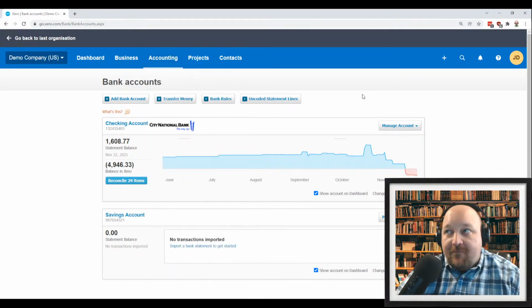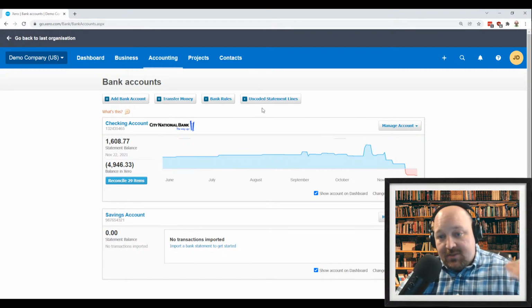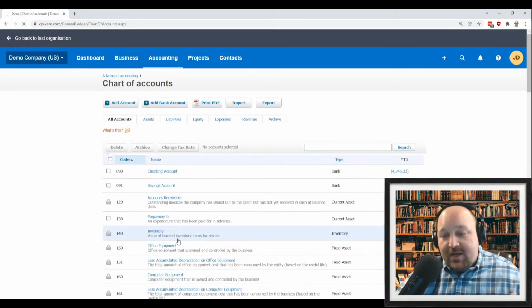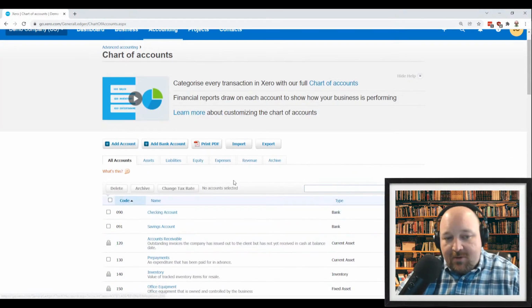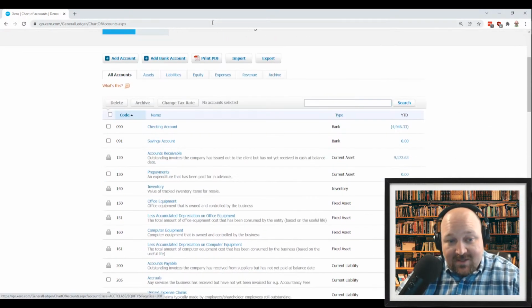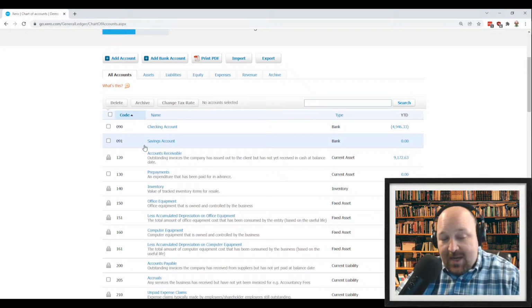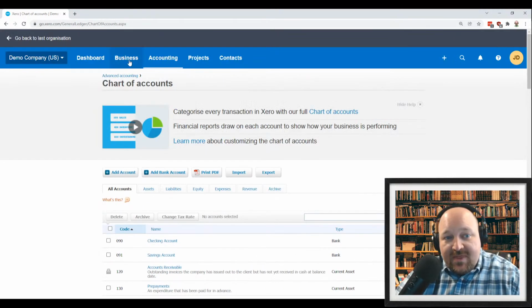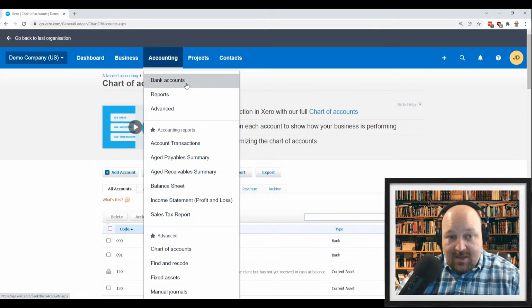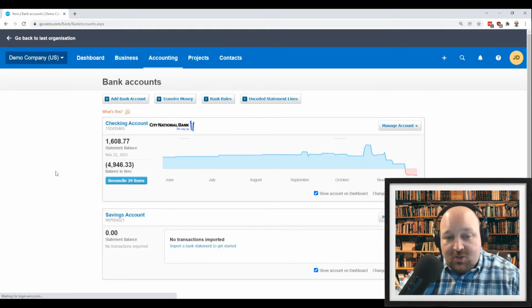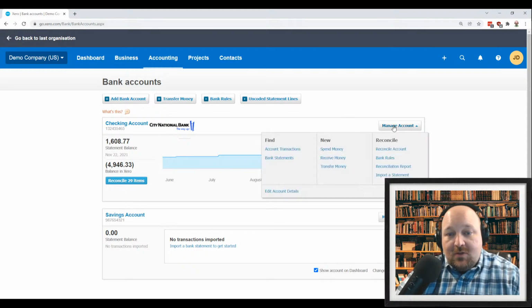Now, the first thing that I usually do when I go to set up an accounting system is I set up my chart of accounts, and I will at least list out the accounts that I would come to expect. That would be over here under the accounting section, and then I would select chart of accounts and build this out. Now, being a recovering accountant myself, I've generally got my preferred chart of accounts that I like to use, my codes, my account names, how I set these up and more. But the next thing that I'm going to end up doing is mapping in the bank records. So in this particular instance, I come up here to accounting, bank accounts, and then after I've created that chart of accounts, what I would then ultimately do here is map this in to the